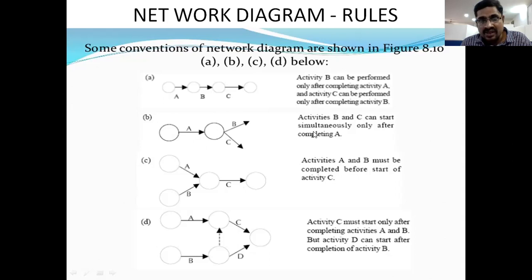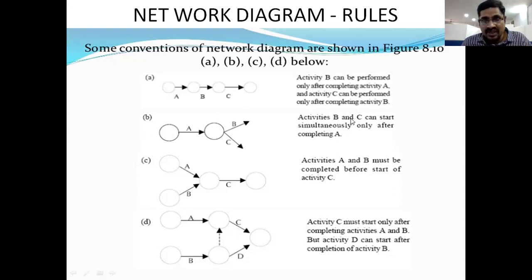Coming to this point, activities B and C can start simultaneously only after A is completed. So A activity is completed here, and after completion of A, B and C start from the A node, right?